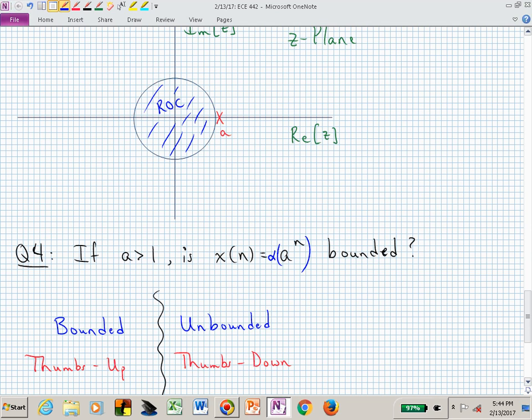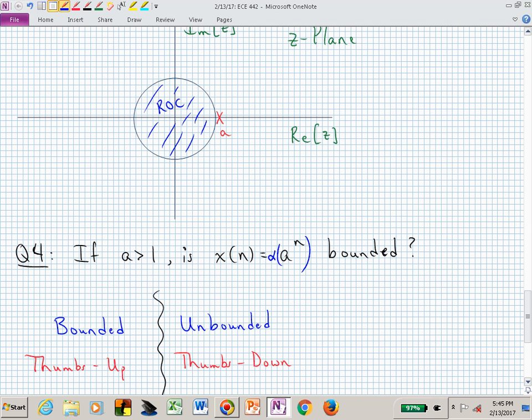We ready to vote? So bounded is thumbs up, unbounded is thumbs down. 1, 2, 3. Now remember where the waveform is defined. It's defined for negative indices, and we want A to be bigger than 1. So now we are looking at